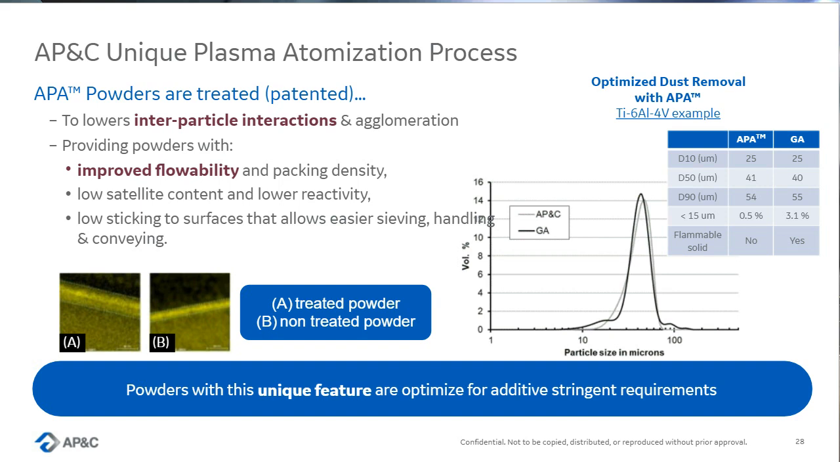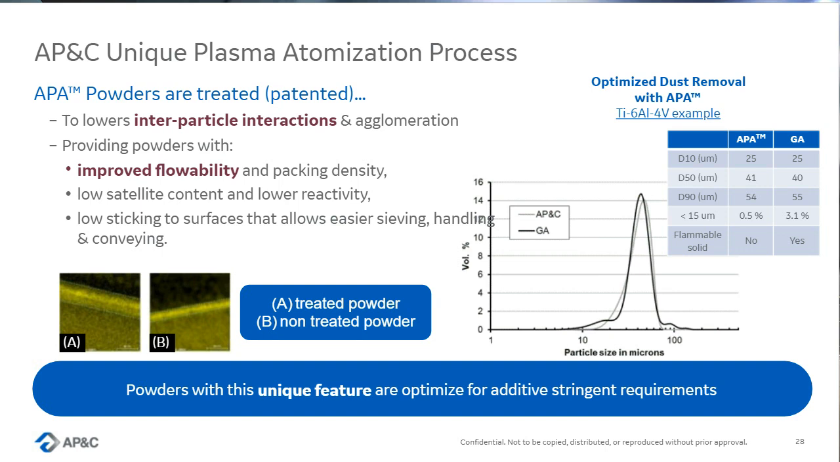It brings powder that flows better, that has higher packing density, but also that is easier to dedust, so lower satellite content, lower reactivity. It also doesn't stick as much, so it allows easier sieving. We had customers that said that it really reduced the time of sieving, it eased the handling of the powder and the conveying. One example on the right, when you look at the D10, D50, D90,